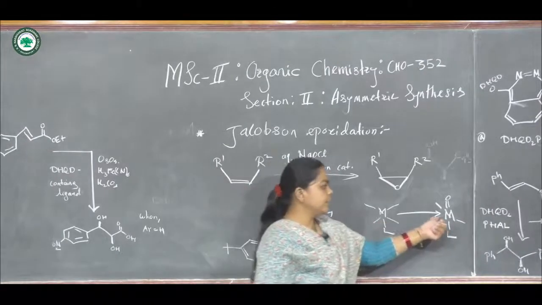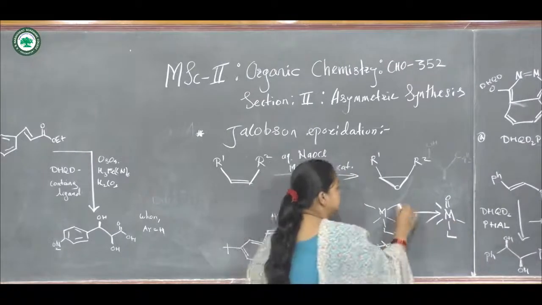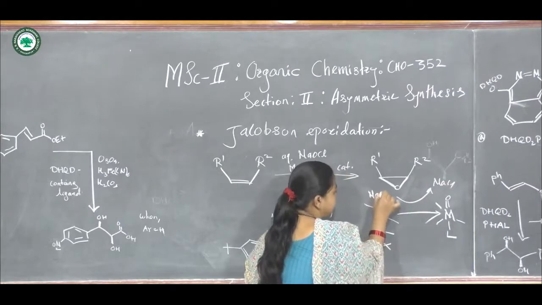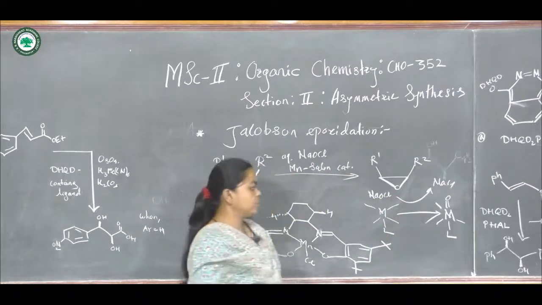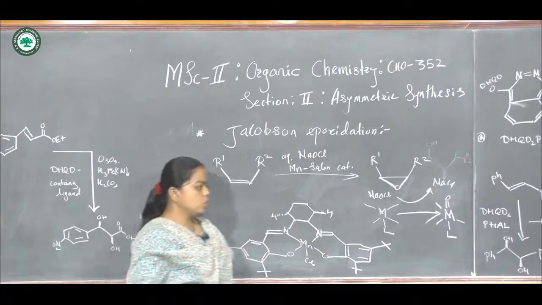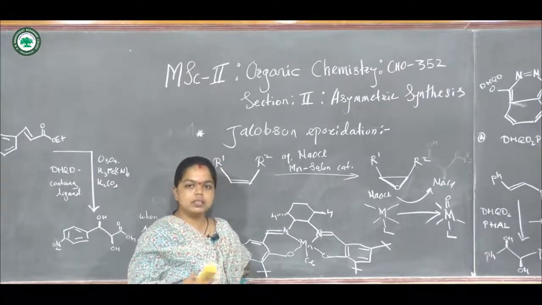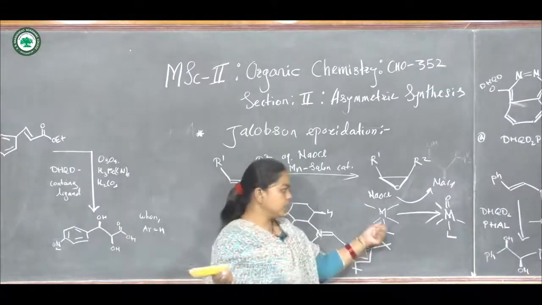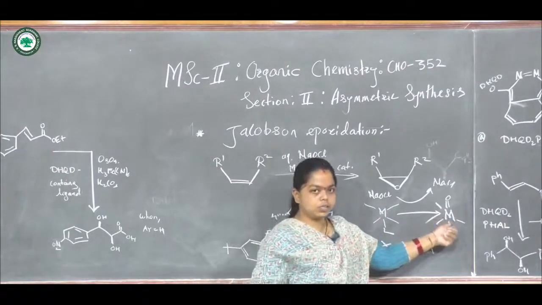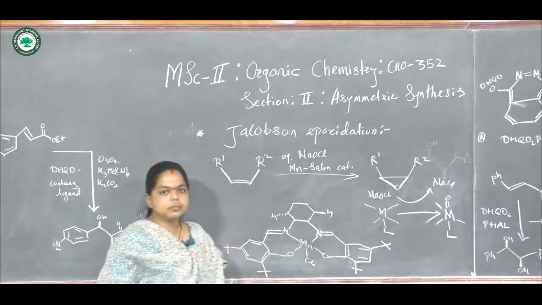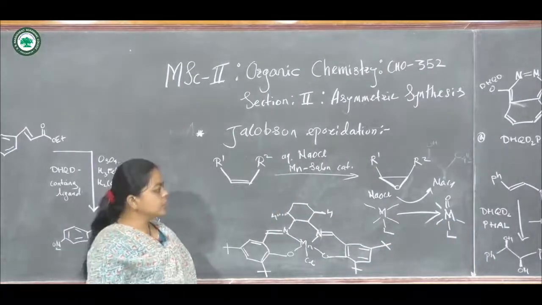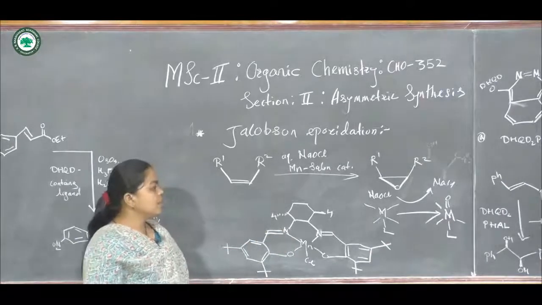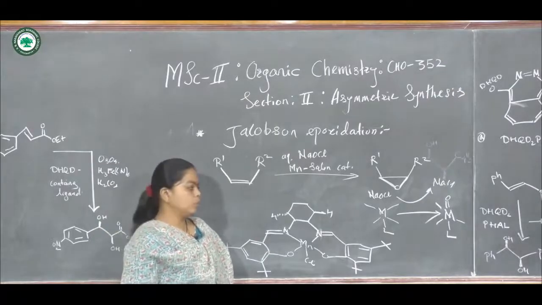This can be converted into the corresponding oxide complex in the presence of a bleaching reagent like NaOCl, sodium hypochlorite. So this manganese complex can easily carry out the oxidation reaction, and here it will get converted into the corresponding epoxide compound. So this is a very easy method for the formation of the beta oriented epoxide. Selectively we are getting this type of epoxide, we are not getting the alpha oriented epoxide.